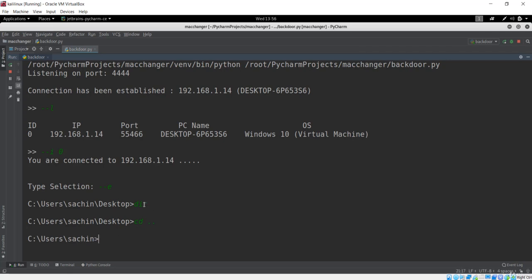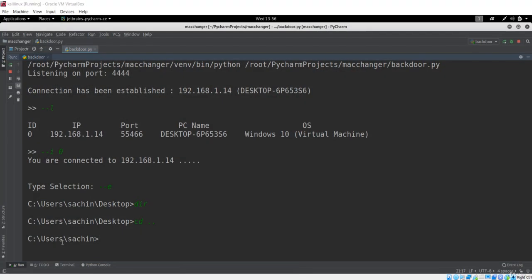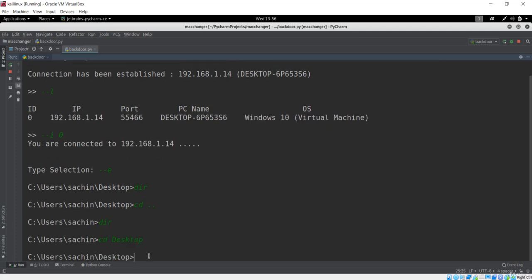So the dir command is not working, which means we still have a problem here, and it is saying object command is not yet defined. Maybe the cd is working, but the dir is not. If I go to the desktop again, we can change directory here.